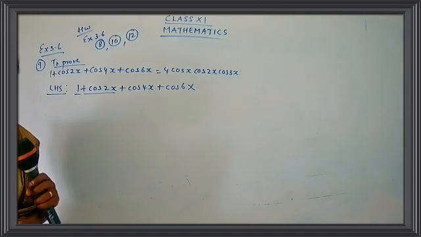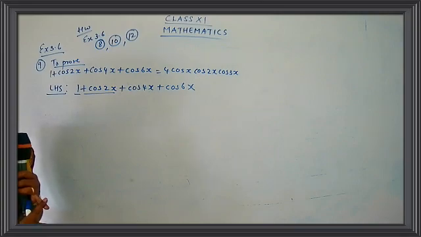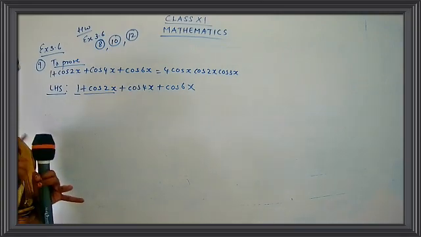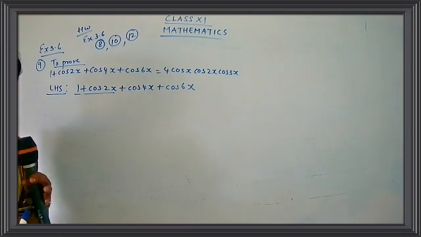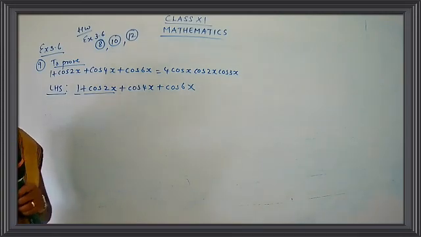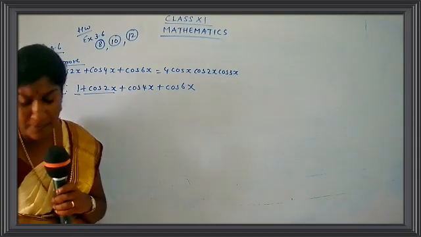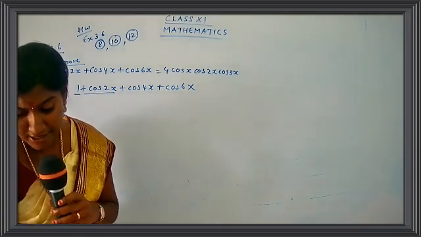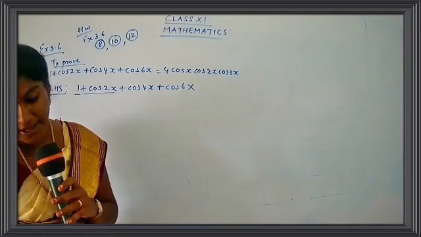And we have listed 4 formulas for cos 2a. If you remember, what was it? Cos square a minus sin square a, then 2 cos square a minus 1, then 1 minus 2 sin square a, and we had one more based on tan also. Yes, it was 1 minus tan square a upon 1 plus tan square a. I hope I'm correct with the formula. Yeah, it was 1 minus tan square a upon 1 plus tan square a.